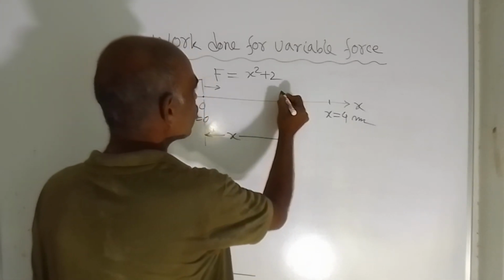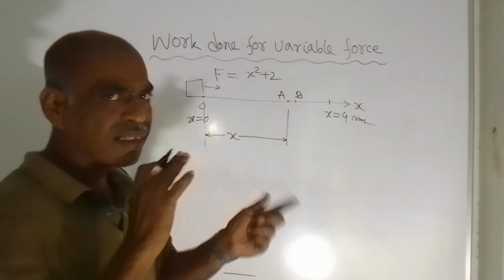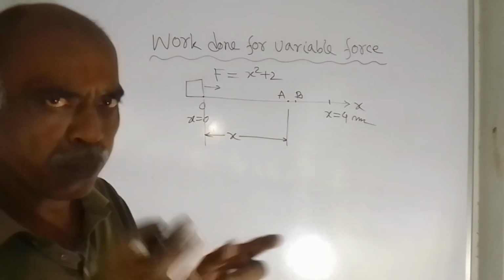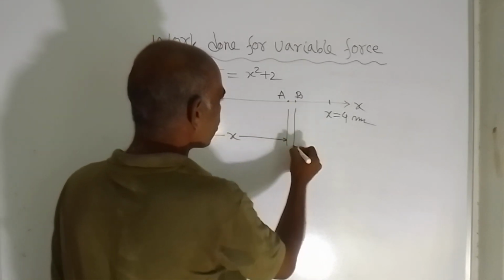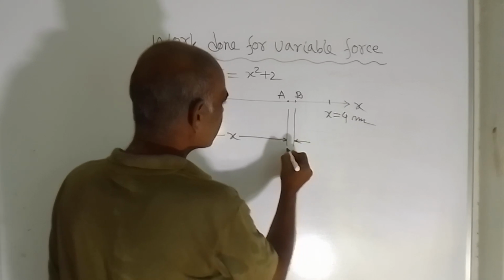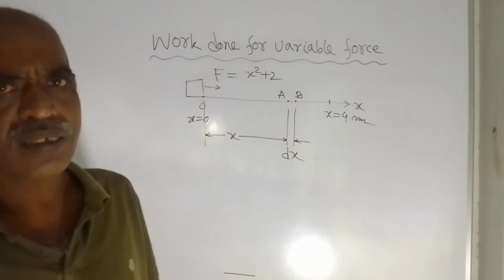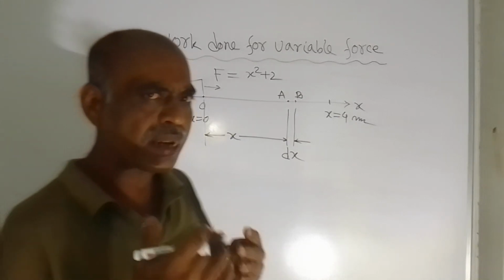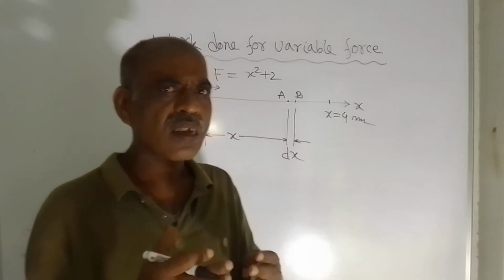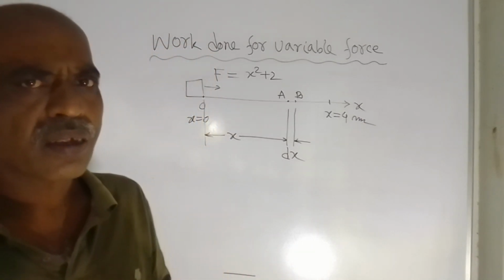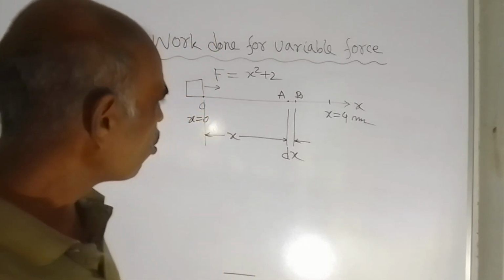Say the first point is denoted by A, the second point is denoted by B, and the distance between A and B is very small. Say that small distance is denoted by dx. This is an infinitesimally small quantity. So,